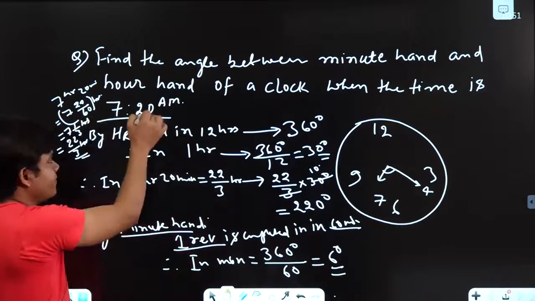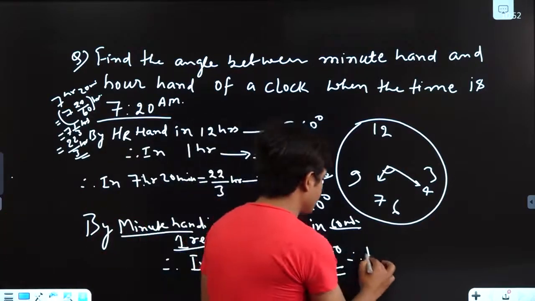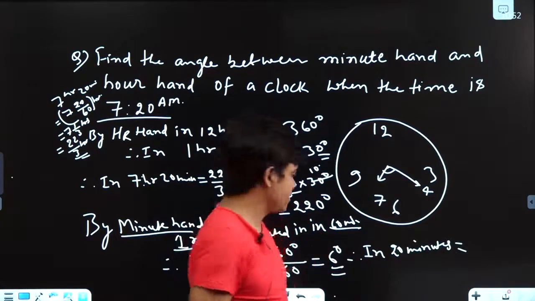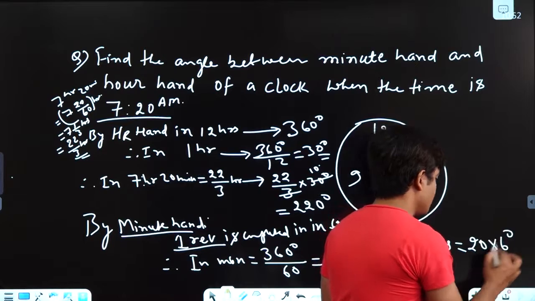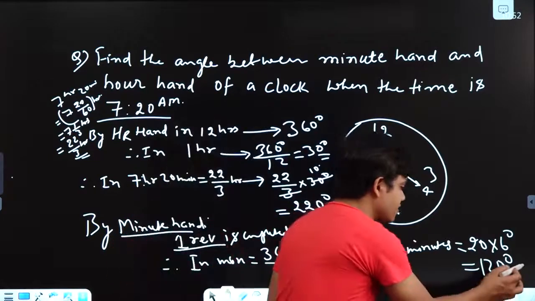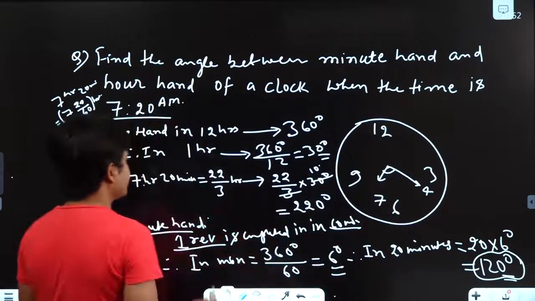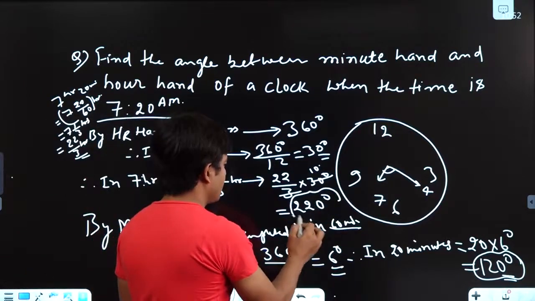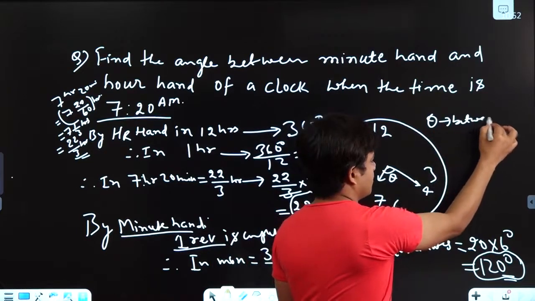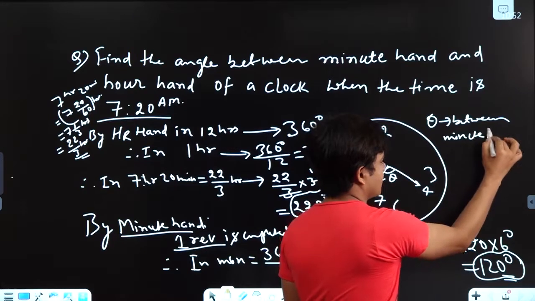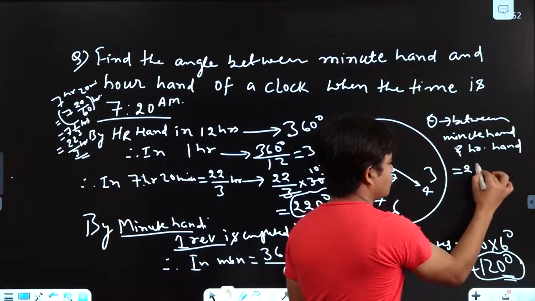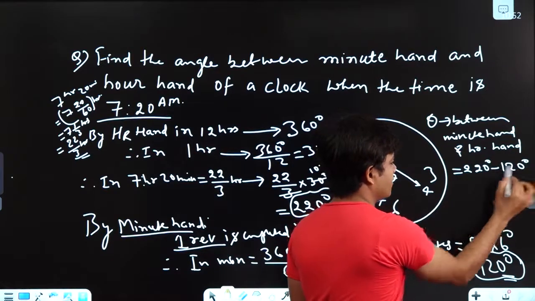But we have how many minutes? 20 minutes. Therefore, in 20 minutes, how much angle will be subtended? Certainly 20 into 6 degree, which is 120 degree. So the angle subtended by the minute hand is 120 degree. The angle subtended by the hour hand is 220 degree. Therefore, this angle theta between minute hand and hour hand will be equals to what? 220 degree minus 120 degree,